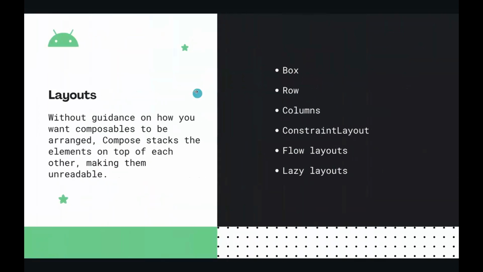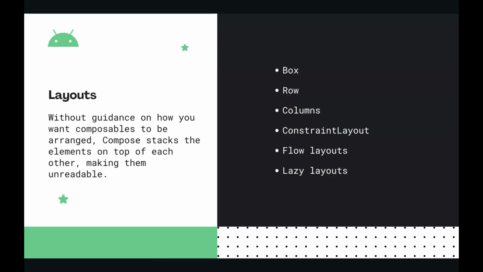So why are we talking about layouts? Because these composables return a unit which is part of a UI, when you add them to your screen, for example a home screen, without specifying how these composables will be displayed, by default Compose stacks them one on top of the other based on which one you added first. For that reason, we need to use layouts that specify how we want to render the UI